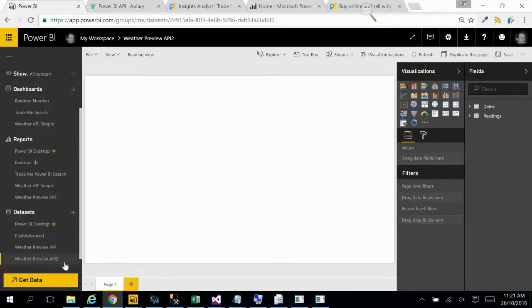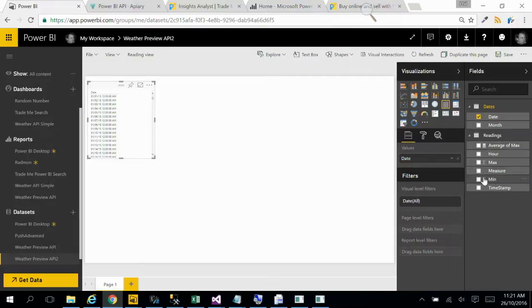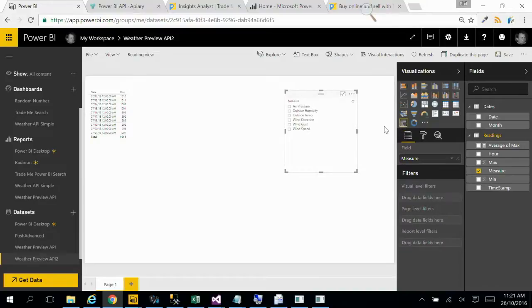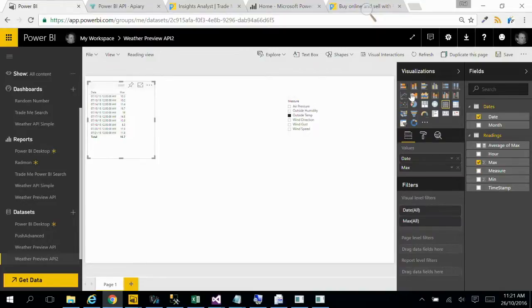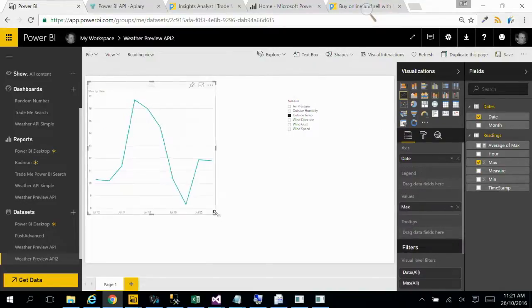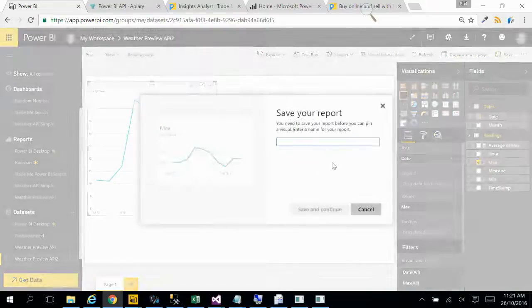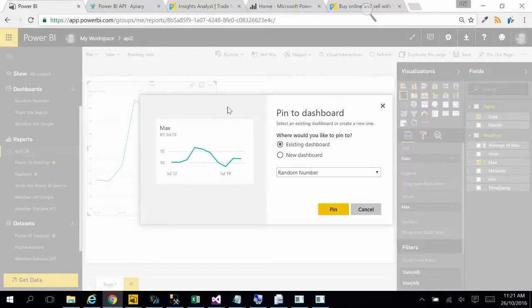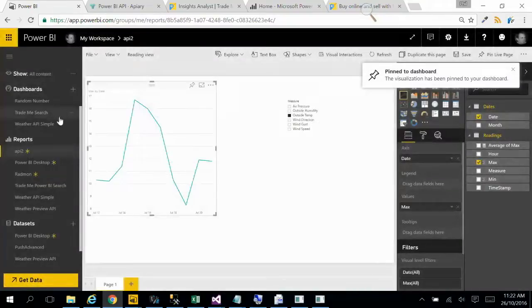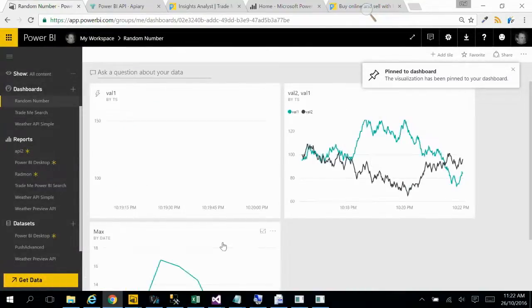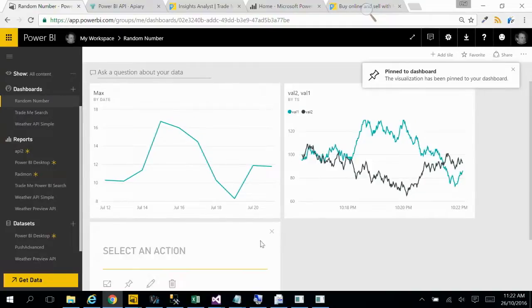I have a new data set, and I'm going to just go with dates and max, and measure can be outside temp, and I'll turn that into a chart, and I'll pin this. I'll pin it to my random one, API2. So what this chart is showing is what has been loaded into my data set so far, and I've got the data set paused. So I jump to random number, drag that one up there, we'll get rid of that